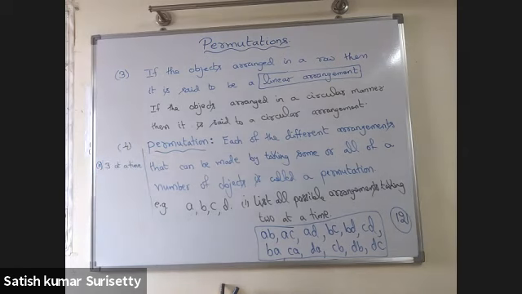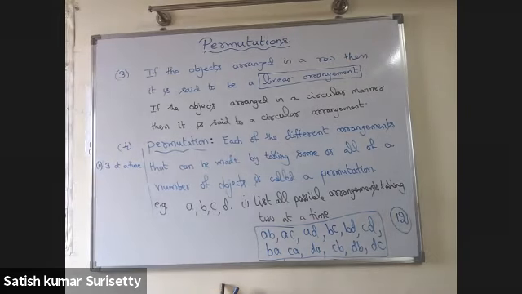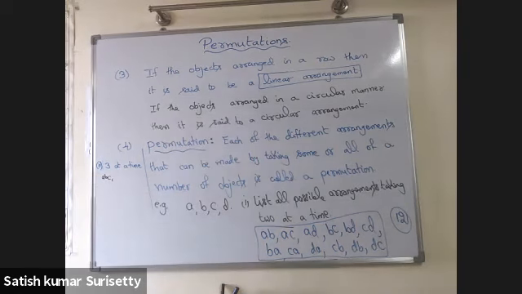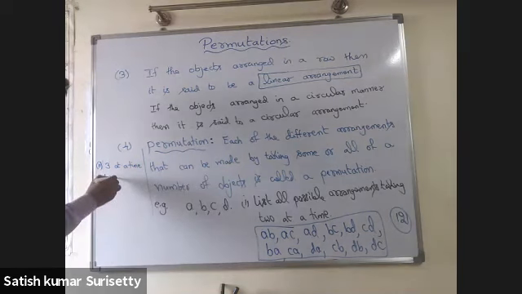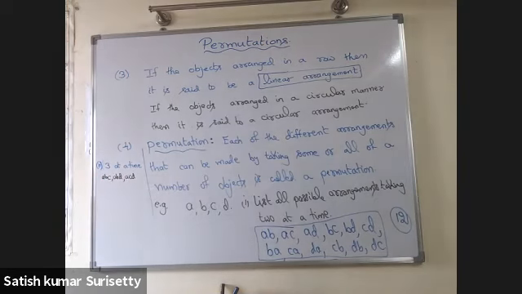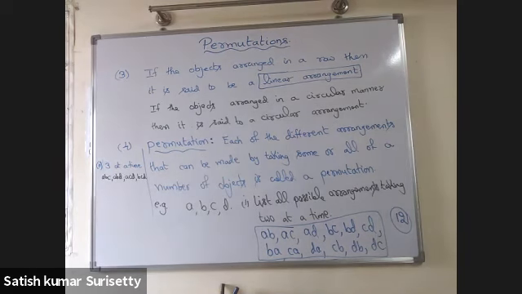That is, list all possible arrangements of 4 objects taking 3 at a time. ABC, ABD, ACD, BCD,